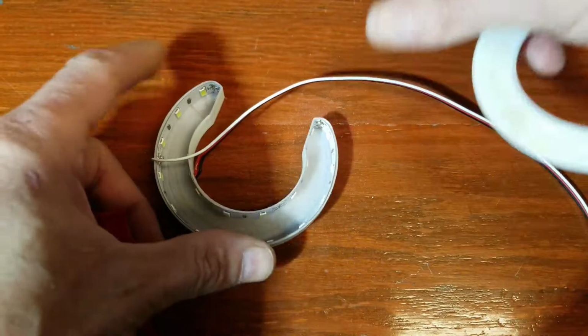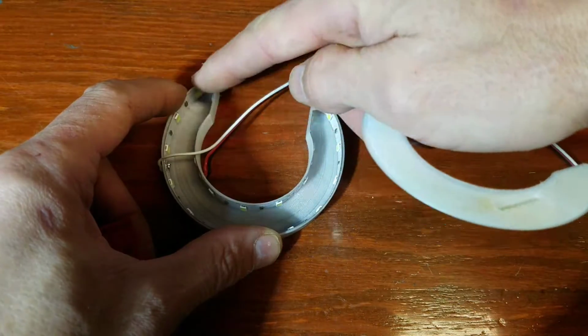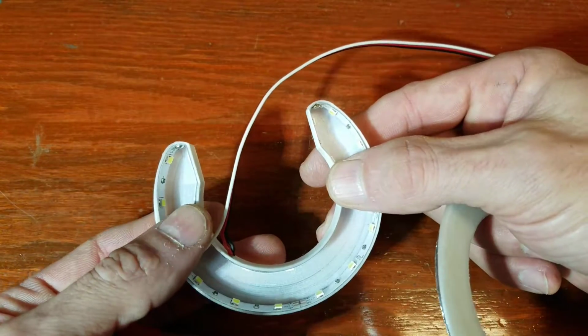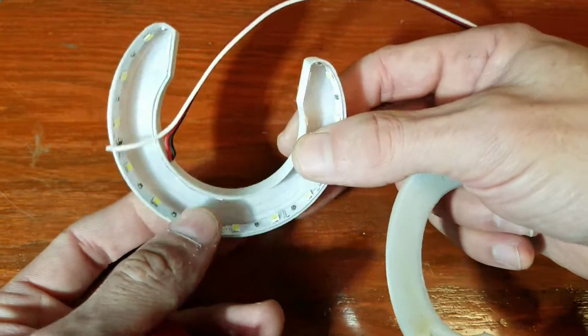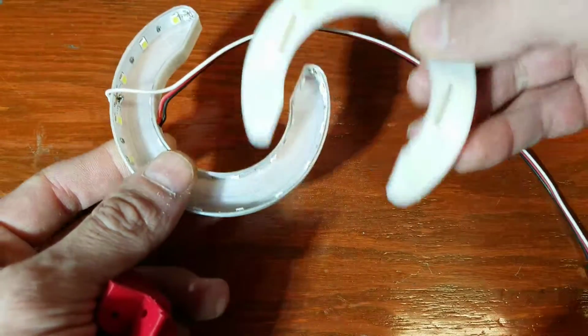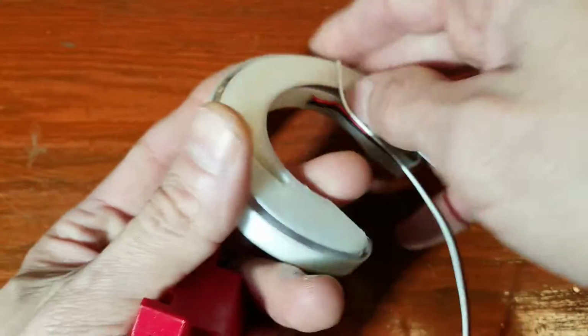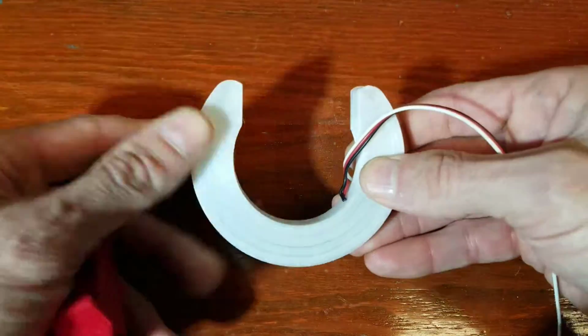Or I'm thinking maybe I'll use the outer ring to light the part, and then turn on the inner ring when I want to light the boards. If that's not too bright, I don't know. We'll find out. So this goes in here like that, and now this fits, instead of like the old one,